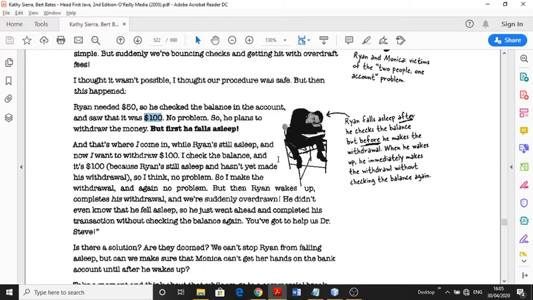So she checks the balance and it's 100, since he hasn't yet made his withdrawal. So she thinks no problem. She makes the withdrawal and again no problem. But then Ryan wakes up and completes his withdrawal, and suddenly the account is overdrawn. He didn't even know that he had fallen asleep, so he just went ahead and completed his transaction without checking the balance again.